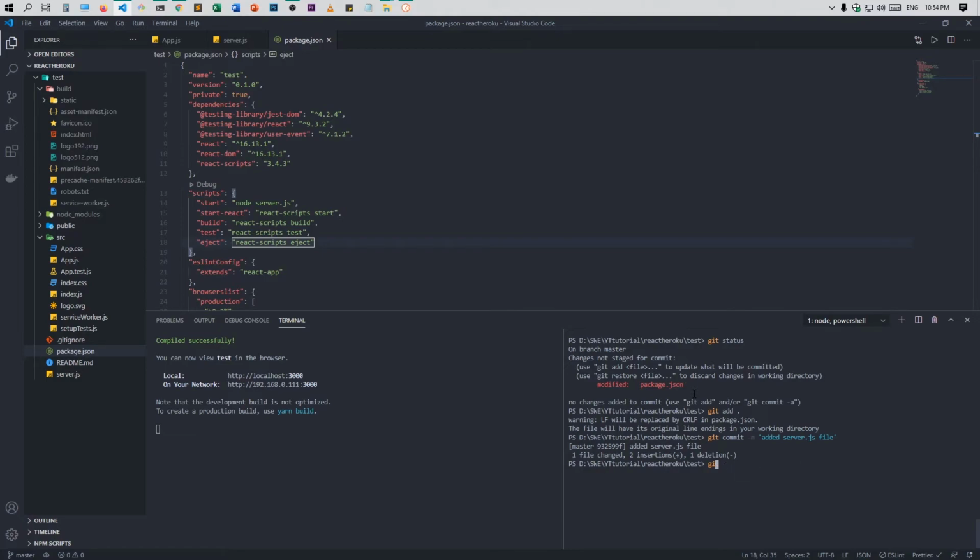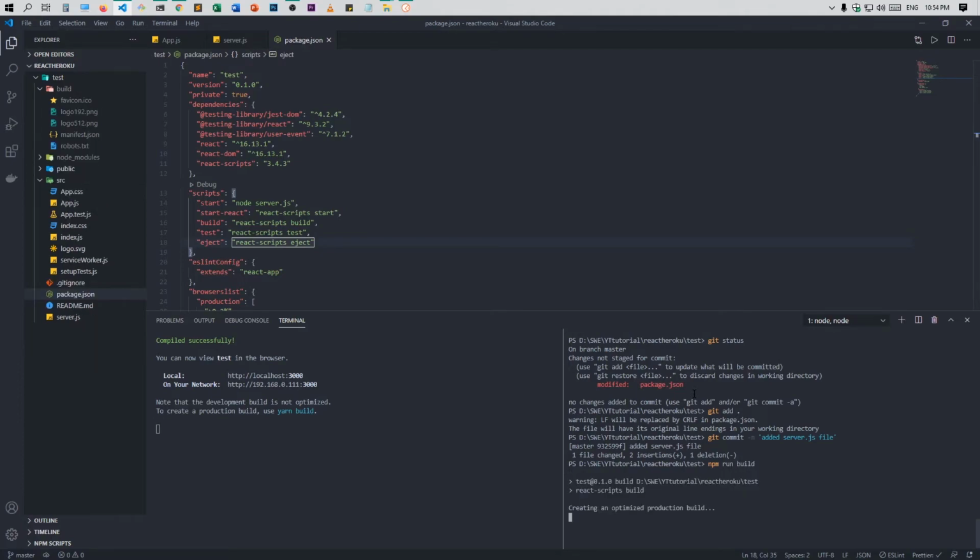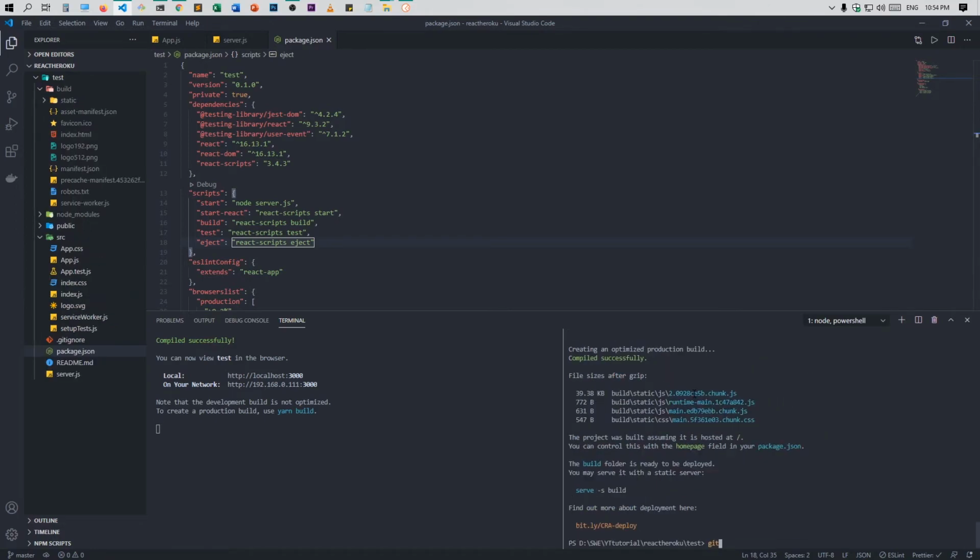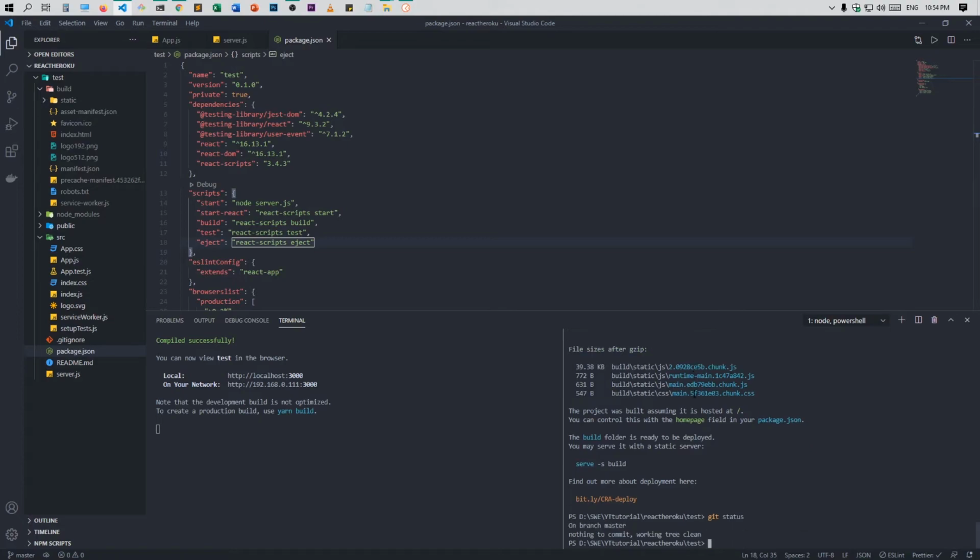Sorry, I have to build the production at first. npm run build. Now check, so you can see everything is tracked, and now git push heroku master,